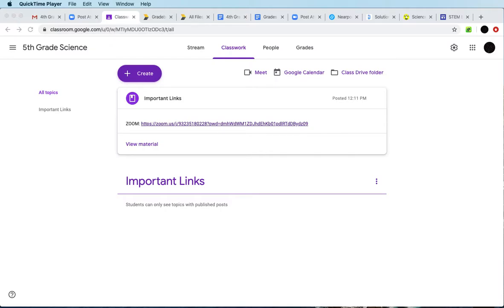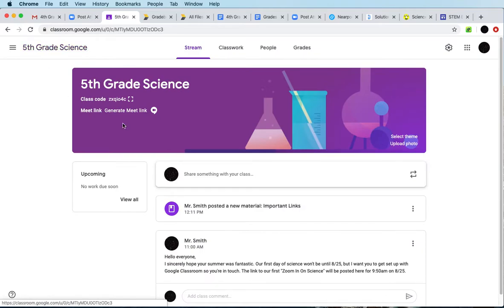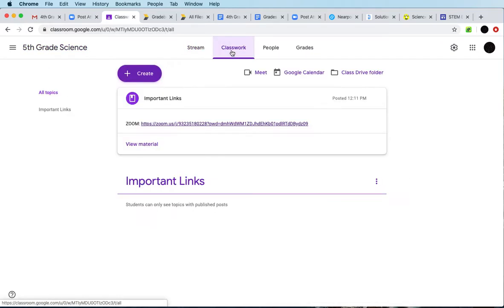I realized that you can have links visible and clickable from the Google Classroom material posting. So I'll show you what I mean. I'm going to go to my 5th grade science Google Classroom, and I'm going to go to Classwork. And then what I did was I created a topic called important links, and then I created a material called important links. I'll go through how to create that in a second, but first I want to show you